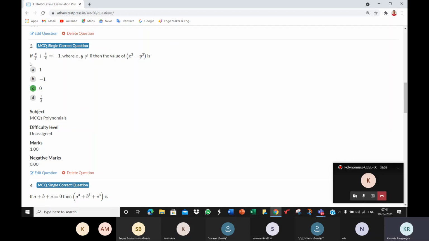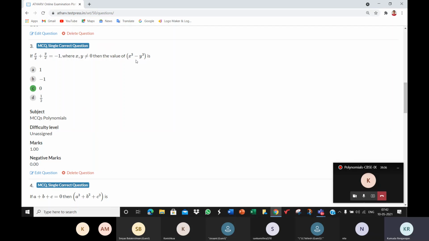So taking up the LCM is not new to you. The LCM of the denominators y and x is xy, which is not new. Working this equation ahead is not new. And you also know this identity, what x cube minus y cube expands to. So we know that the two factors of x cube minus y cubed are x minus y and x square plus xy plus y square.